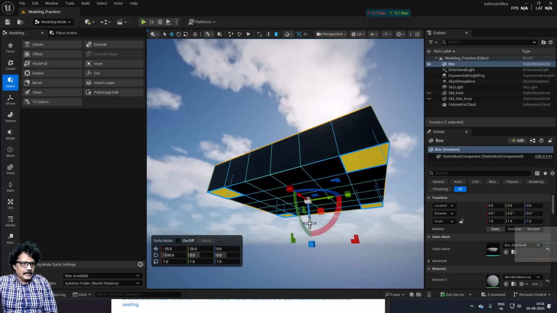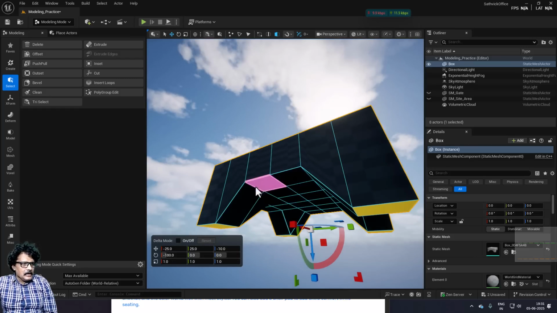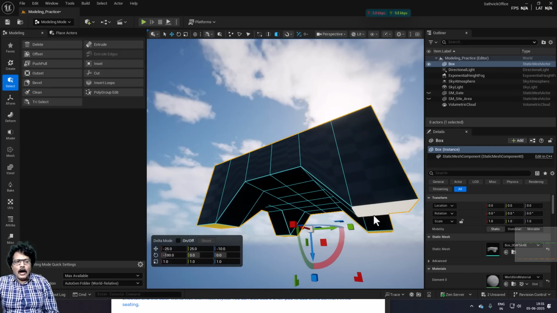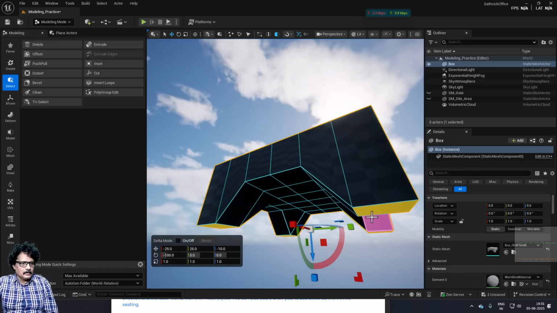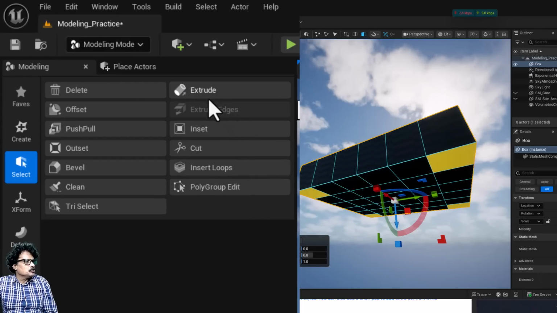Now if I drag this, what happens, see, the geometry itself is getting changed. I don't want this geometry to be changed because now you are dragging those faces down. I don't want to drag it. Then I will just undo this, and then instead of pulling it down, I come and choose this option extrude,